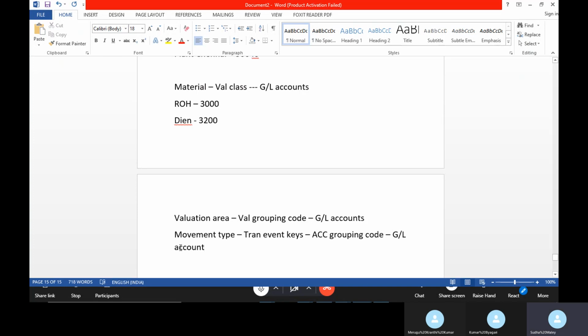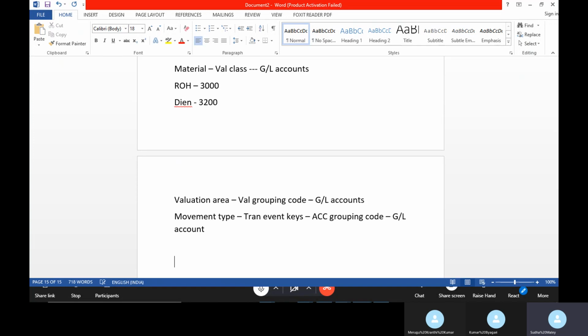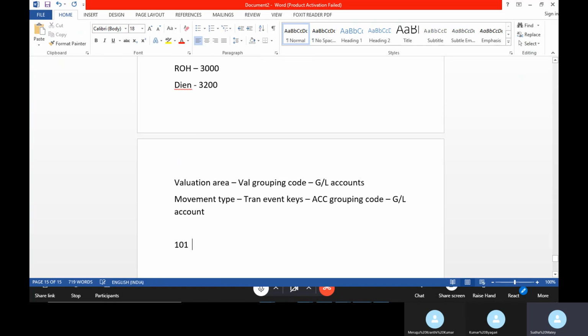In the movement type there are also different variations. Movement type 101 is a goods receipt against a purchase order. You can also use the 101 movement type for a GR against a production order.